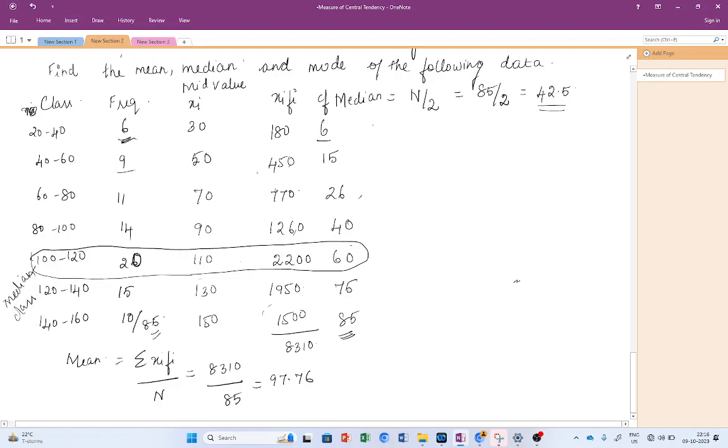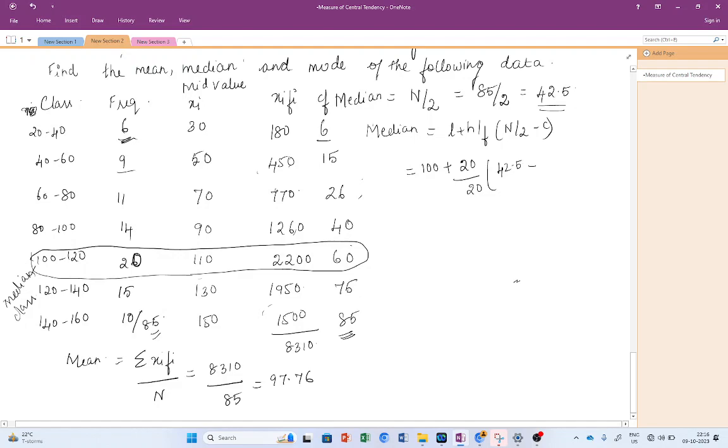Okay, so now I'm going directly into the formula to find what my median is. The formula to find my median is L plus H by F into n by 2 minus C. This is the formula. So L is nothing but the lower limit. Here it ranges from 100 to 120, so the lower limit is 100, plus the length of the interval. You can see the difference between the two limits is 20. The corresponding frequency is also 20. N by 2 we have calculated to be